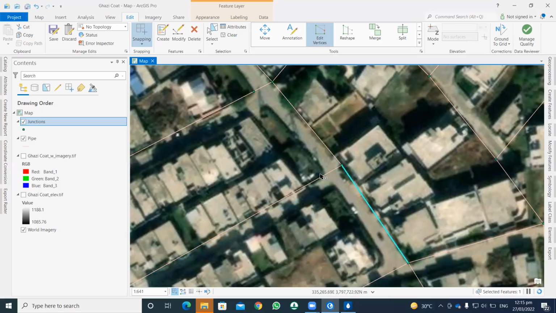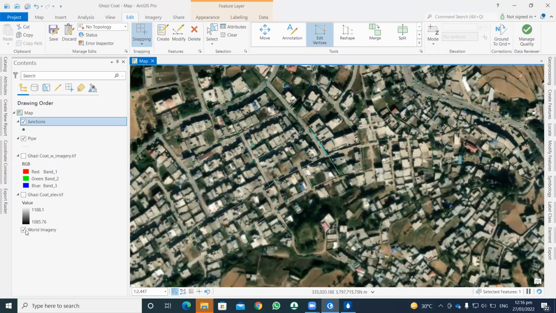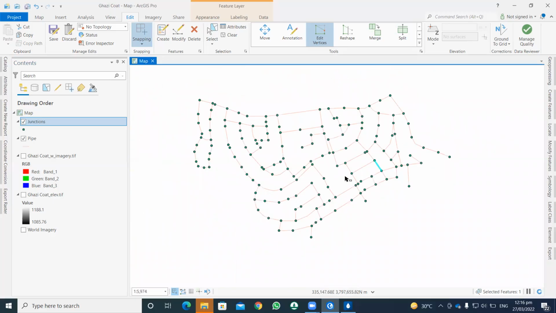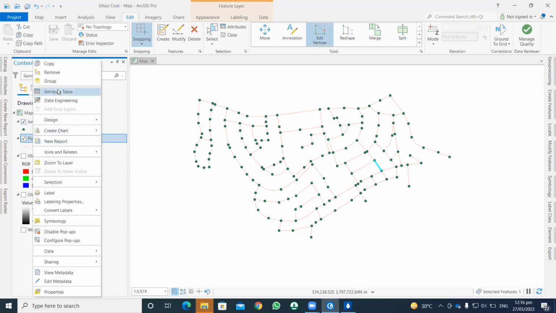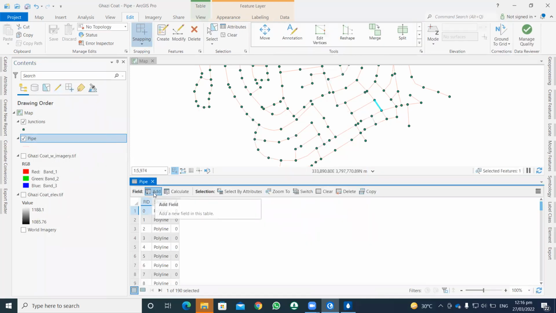Okay, then. The model has been created. So now calculate the length of pipes and then calculate the elevation of junctions. What I will have to do is open the attribute table of the pipe. I will create a field for length. I will add a field,